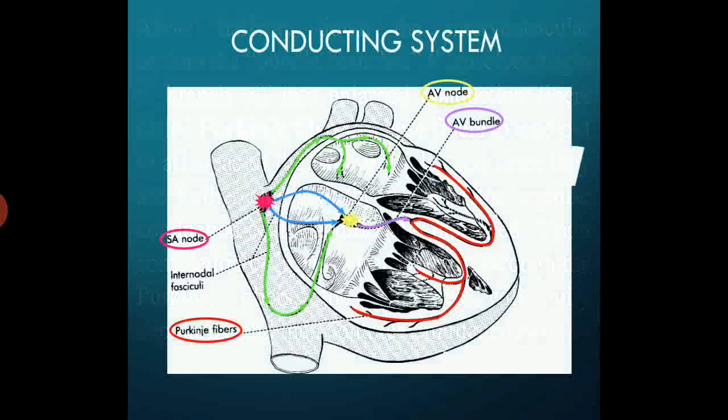The SA node starts the impulses, and these impulses move on to the AV node. You can see the movement in the blue line, and when the AV node gets depolarized and contracts, it reaches the AV bundle, which is in purple, and from the AV bundle it is divided into right and left at the septum. Okay, and they reach the Purkinje fibers, and finally the same system